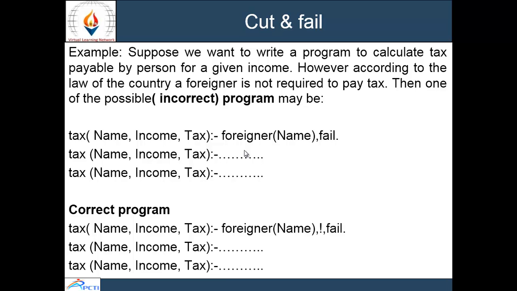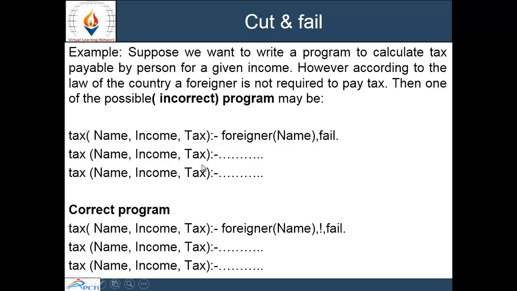For example, suppose we want to write a program to calculate tax payable by a person for a given income. However, according to the law of the country, a foreigner is not required to pay tax. Then one of the possible programs may be written as tax name income tax and foreigner name fail.